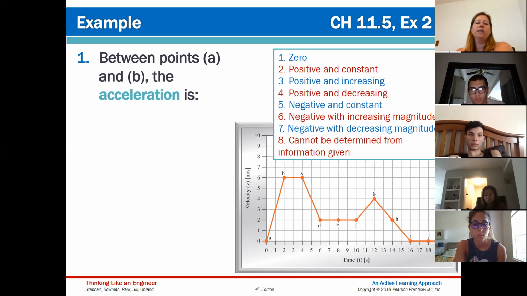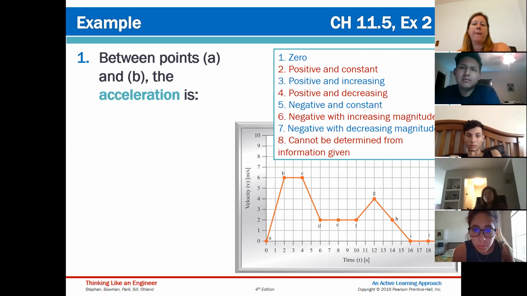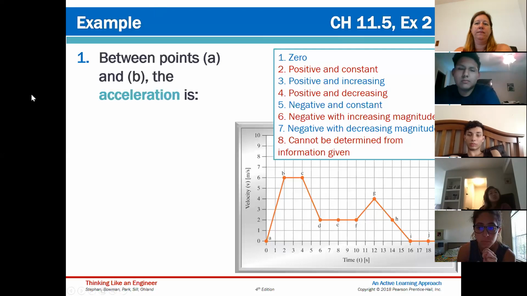So if we look at between points A and B, the acceleration is what in 1 through 8? Constant. So it's constant, so that narrows it down. Is it positive and constant or negative and constant? So number 2 or number 5? So it's number 2,